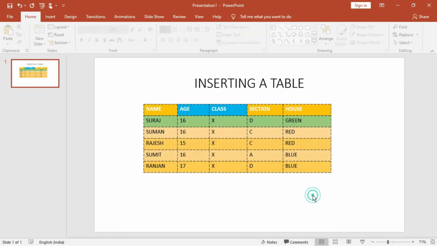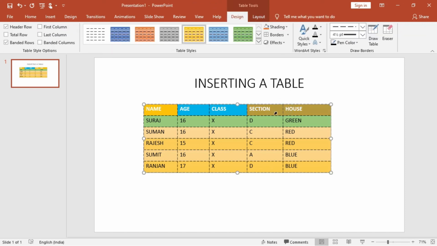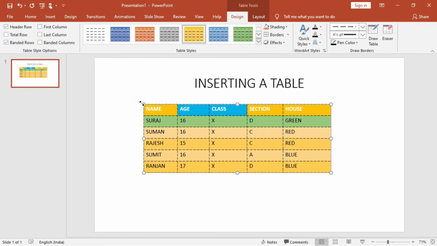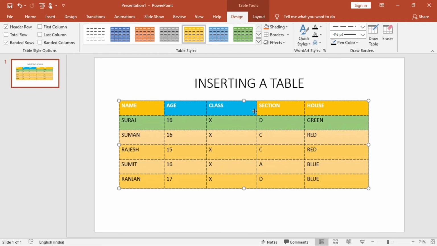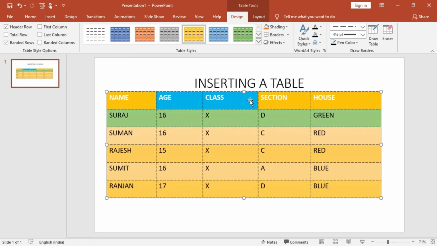When you leave this one, you can see a table has been inserted into your slide. You can place it suitably wherever you like in this slide. This is the size of the table. You can increase or decrease the size of the table by click and holding. And if you are holding, you can use the shift and down arrow key to increase or decrease the size also.